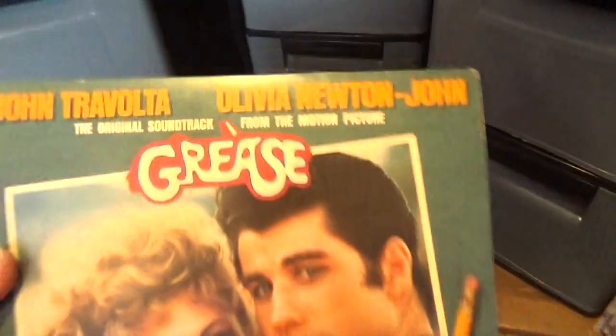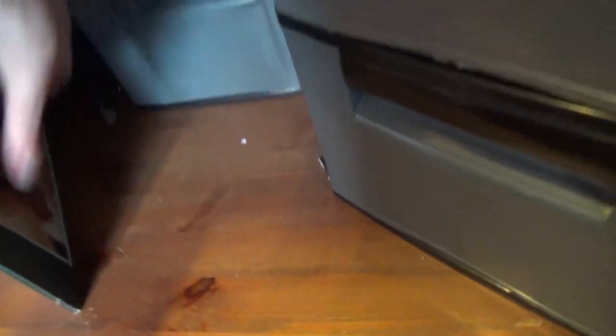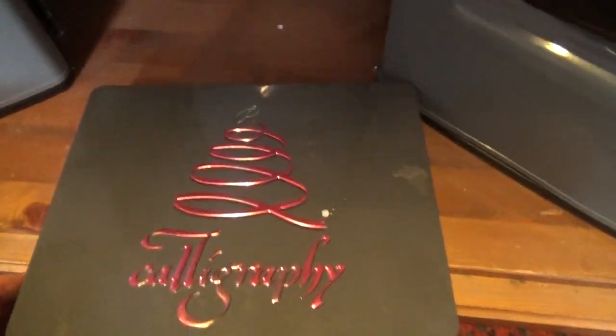Oh, tucked in the corner there is the Grease album. I have no idea why. I think I was showing my brother and it ended up being stored in there. I'll probably take it out and put it somewhere. There's my art travel bag there, which you can't see very well. I'm not going to undo this because this is where I keep the letters that people...